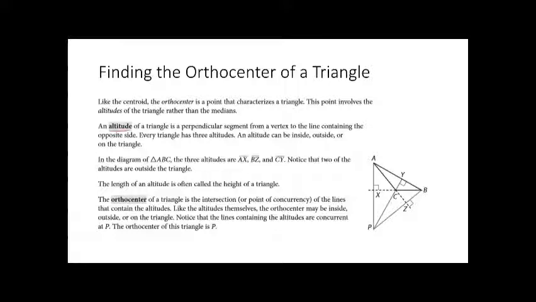It just cares about 90-degree intersections with the opposite side. So basically, an altitude of a triangle is a perpendicular segment. So again, when you see perpendicular, think 90 degrees, from a vertex. So again, it's coming from a corner or an angle to the line containing the opposite side. All right. So it's kind of like a median, except it doesn't care about the midpoint, just cares about the